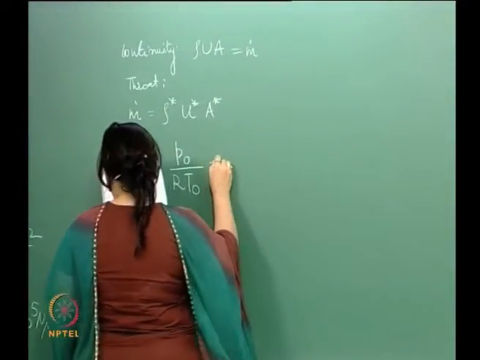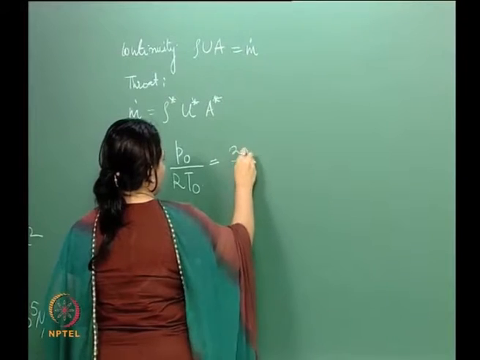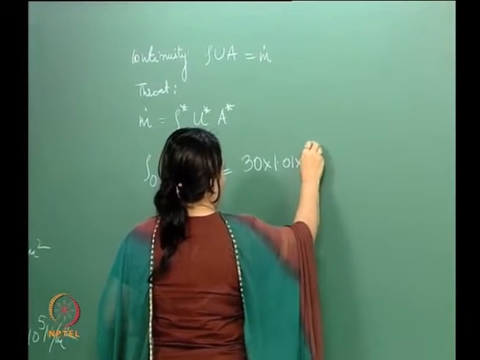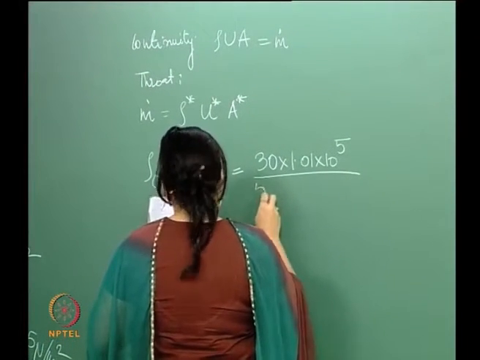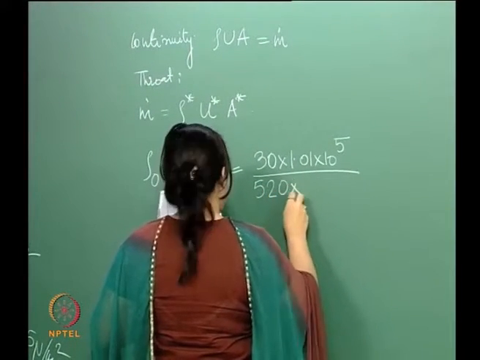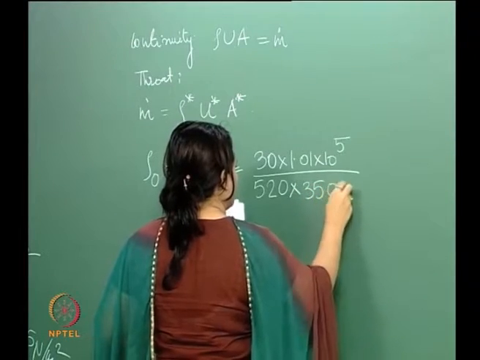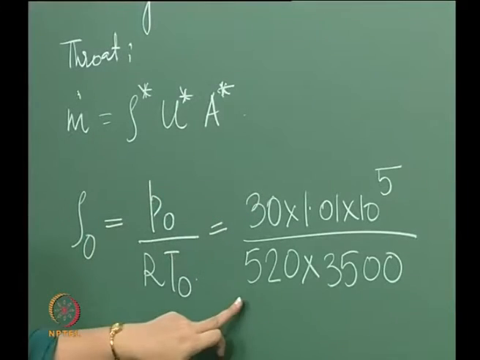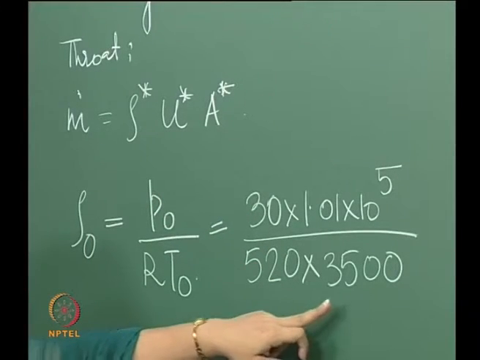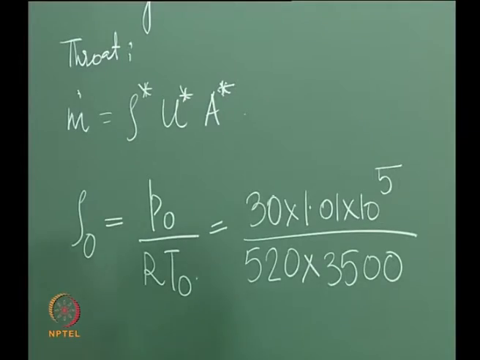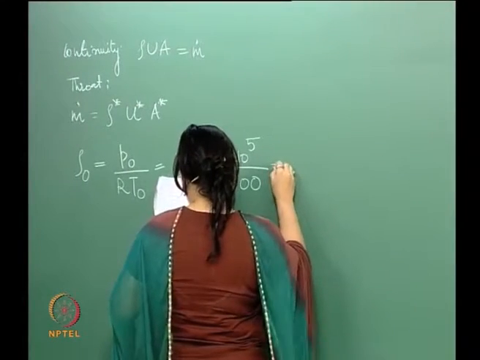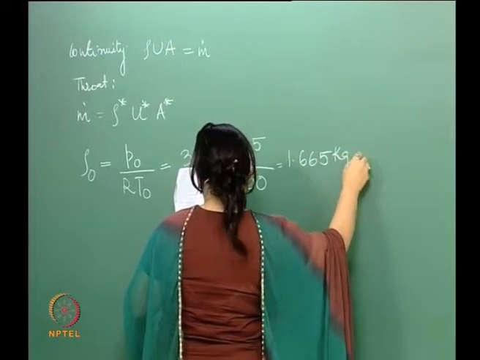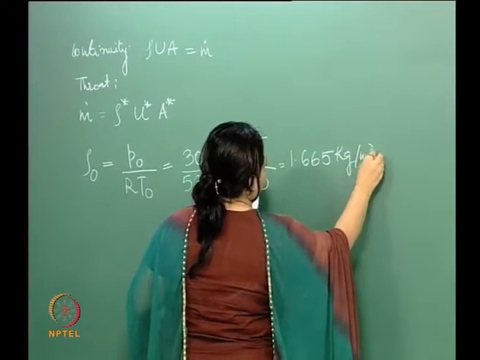If I do that, essentially I can write this as: this is the pressure in Newton per meter square, this is the universal gas constant and this is the temperature in the combustion chamber, and we get this to be